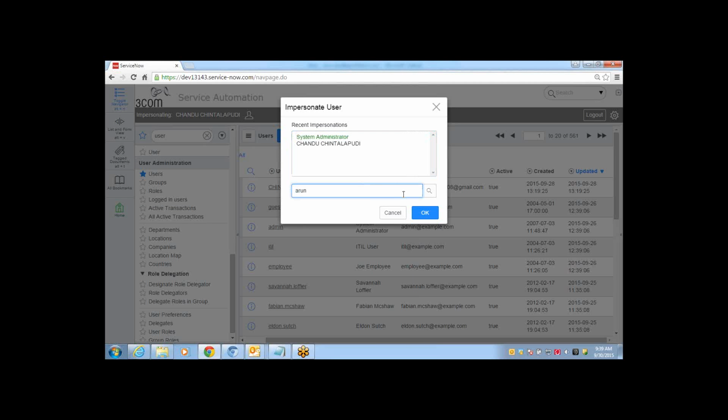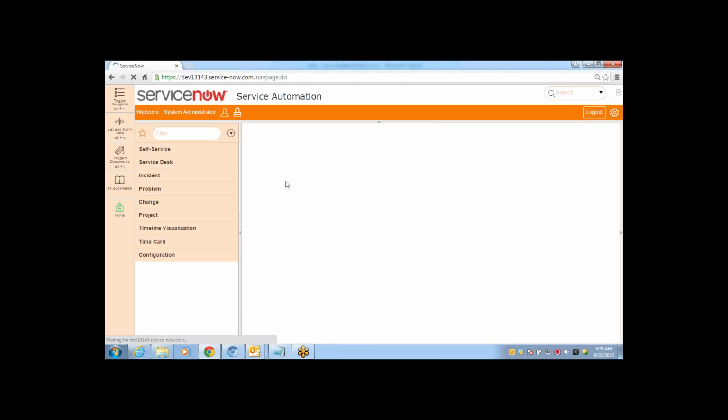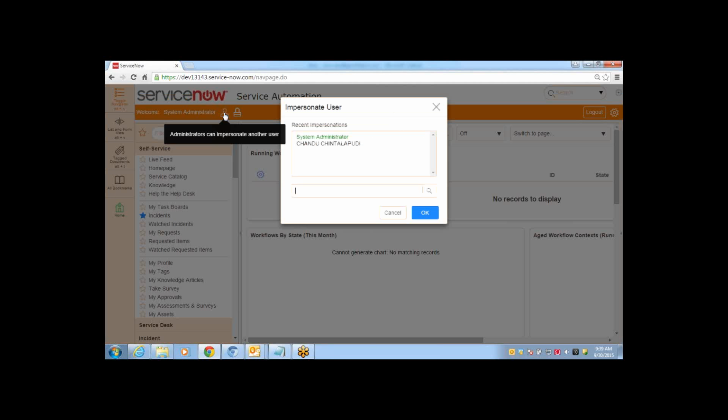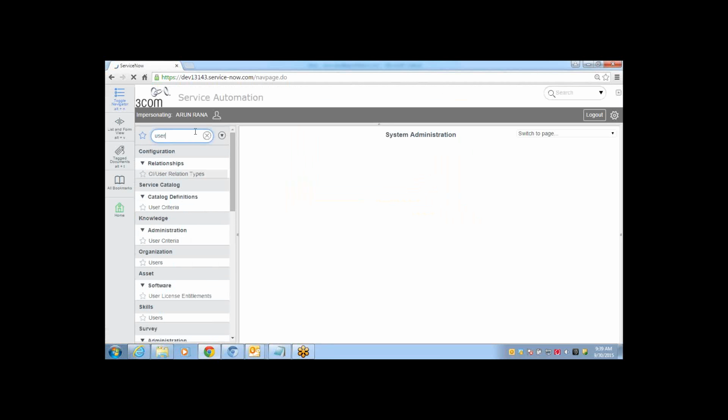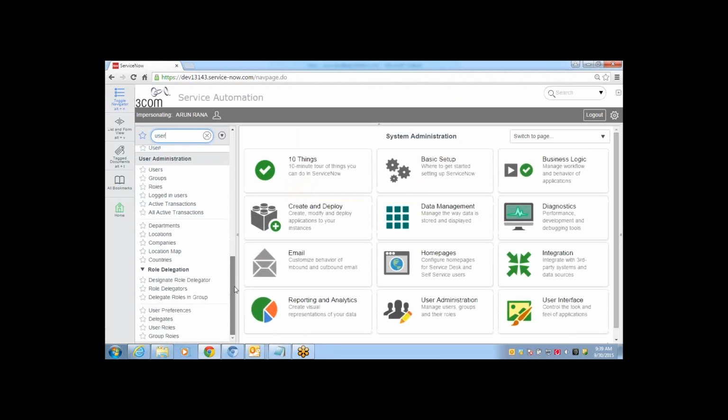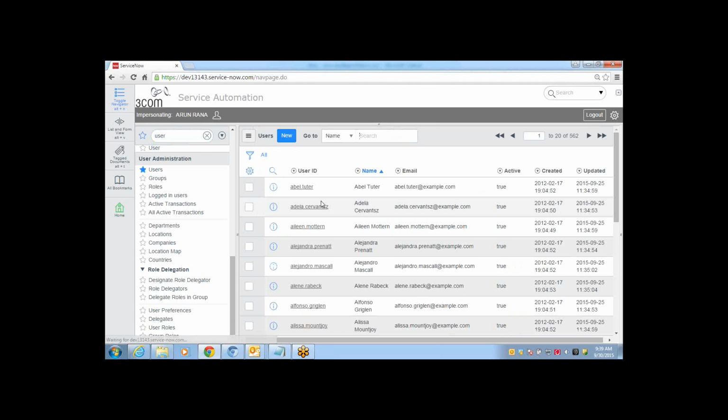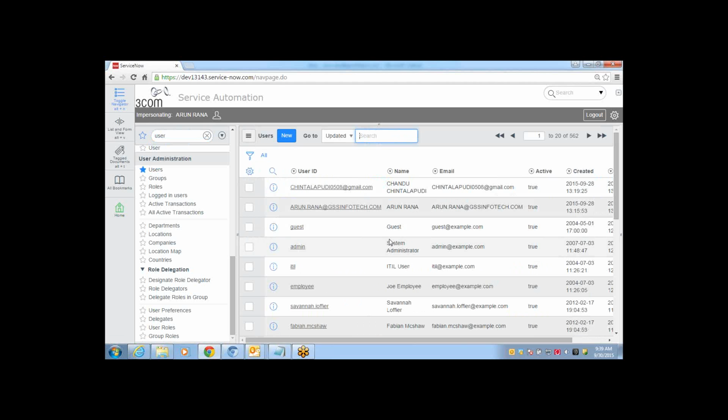Just click OK. You already selected admin. Above you select admin, then click. Now again impersonate. Now you will be able to see your record and Chandu's record.